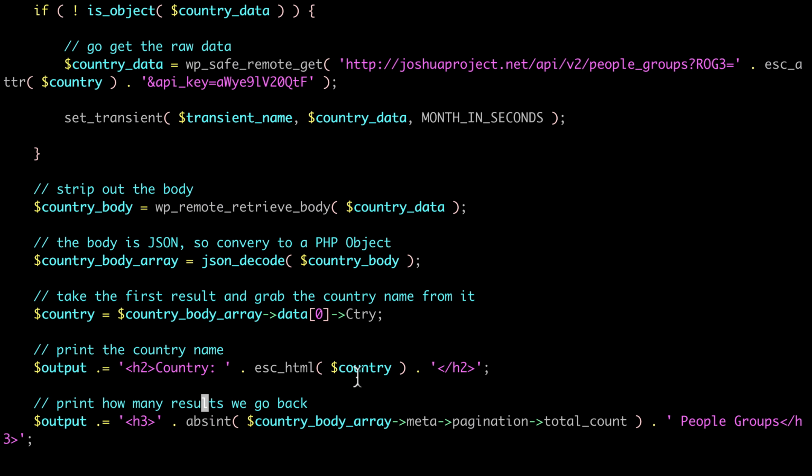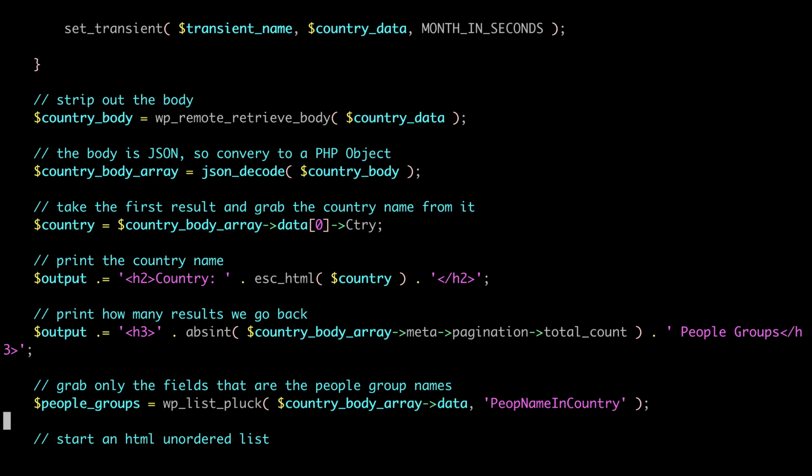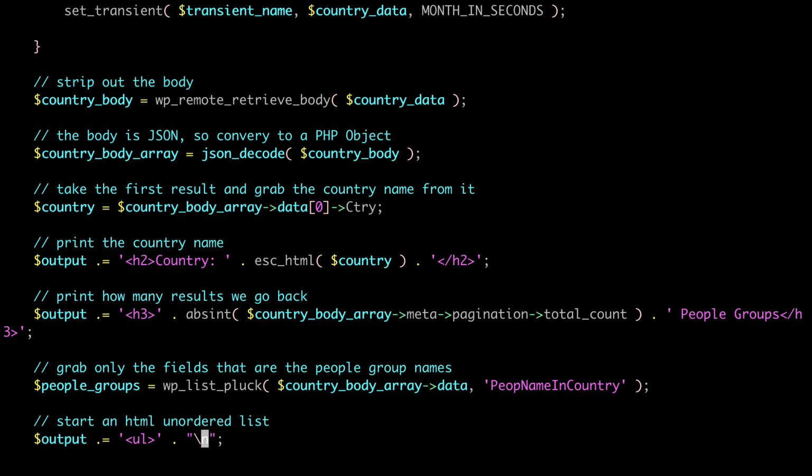But then I can just print $country. Then, also included in the API results is how many you got. And so I just print that out. Blah, blah, blah, people groups. I wrap it in an escaping function, absint, because it should be a number, so that people can't put in nefarious stuff.